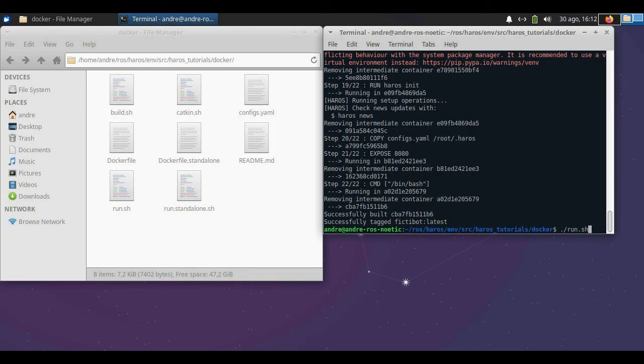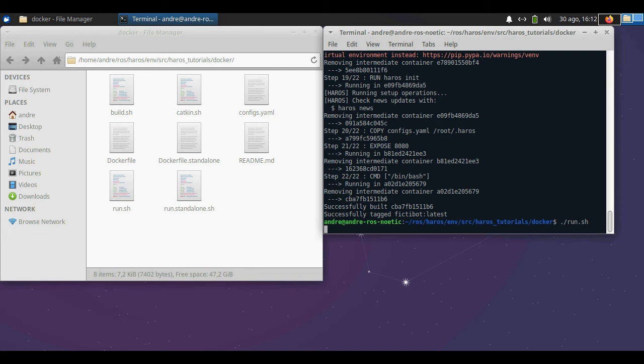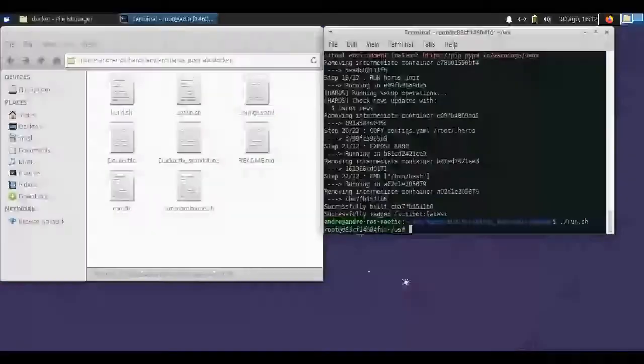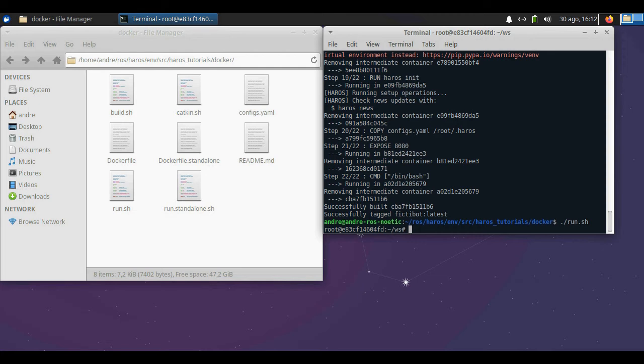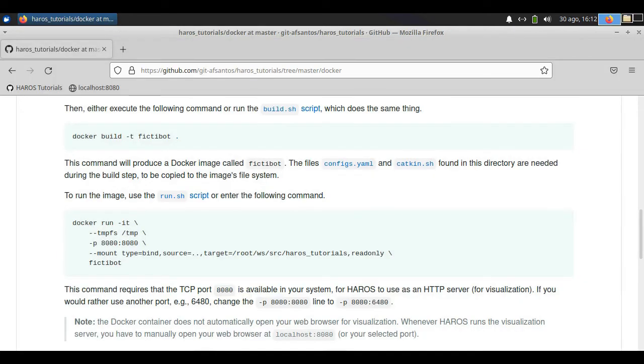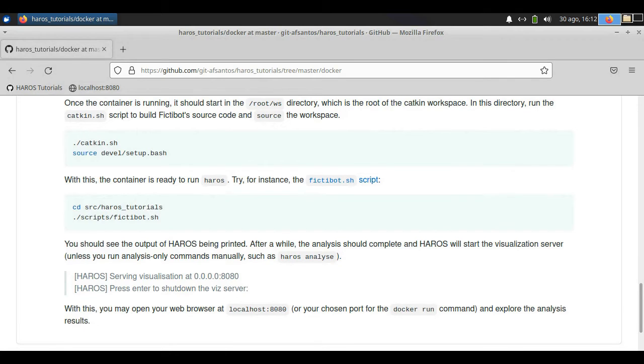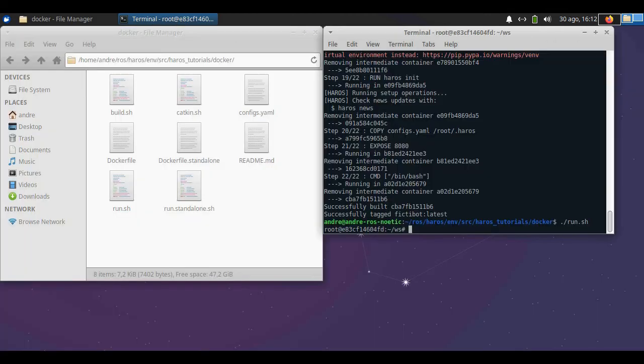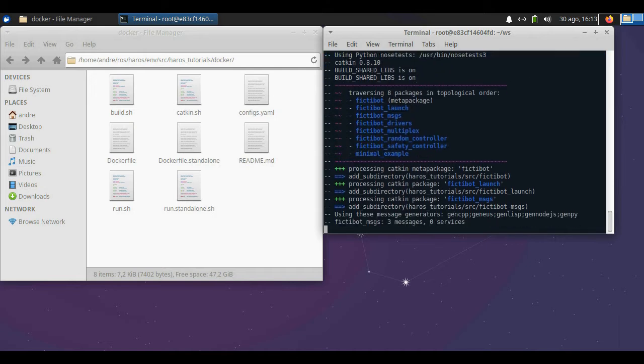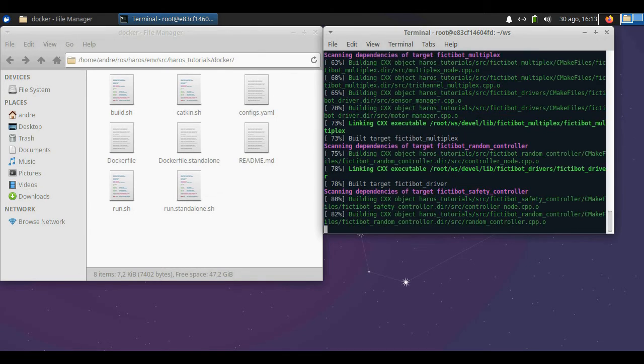Now let's give it a try to the run script. It starts the Docker container in its own directory for the Catkin workspace, and as we can see, the first step is to run the catkin script that will build this workspace within the Docker container. Again, this can take a minute or two because it has to compile all the Fictibot code.